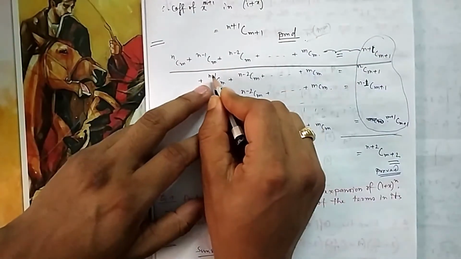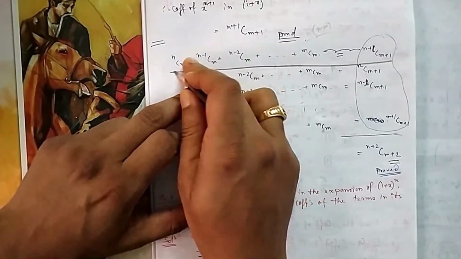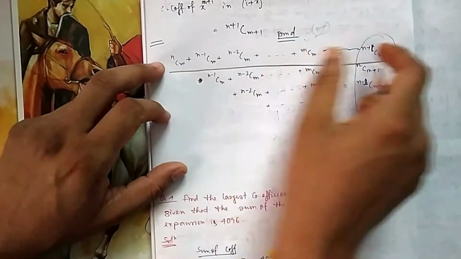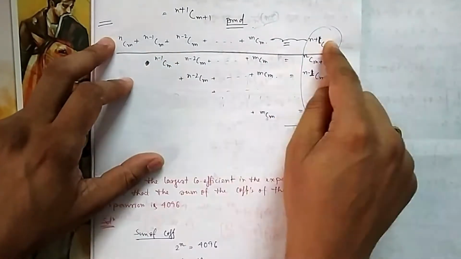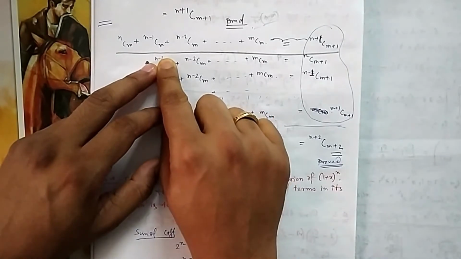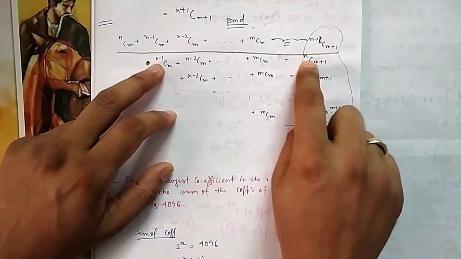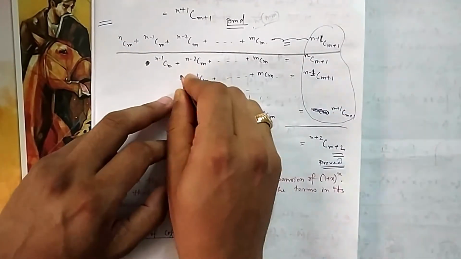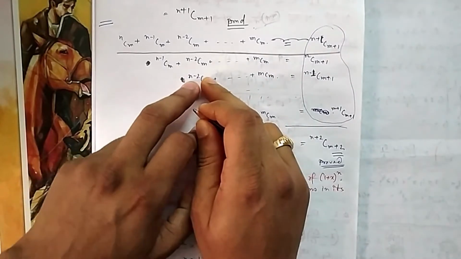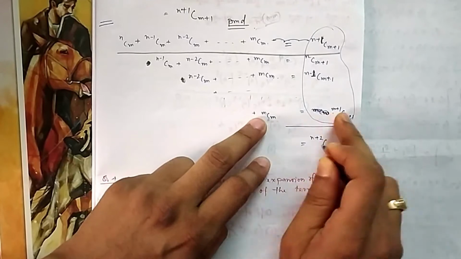Now the same series, if I start from n plus 1, suppose I have not given anything, this is not plus, the same thing I have written, the same series, because this is always an identity, for any value of n it should be true. Then the same series I am starting with n minus 1. So if I start with n, it is n plus 1. If I start with n minus 1, it will be n, one increased. Second one, again I am starting the next one with n minus 2. So if n minus 2, it will be n. If I start with m, this is m plus 1.